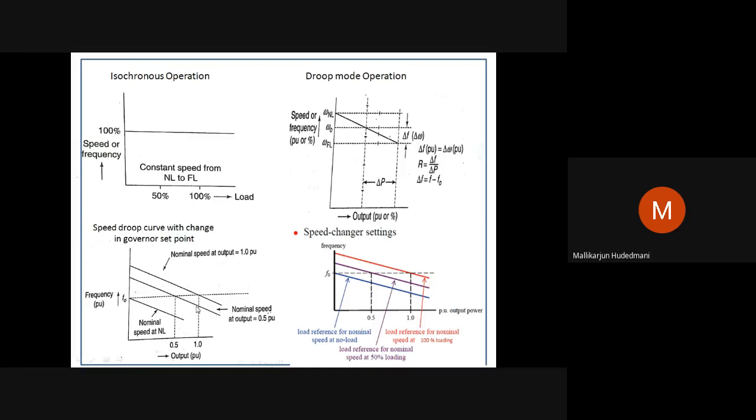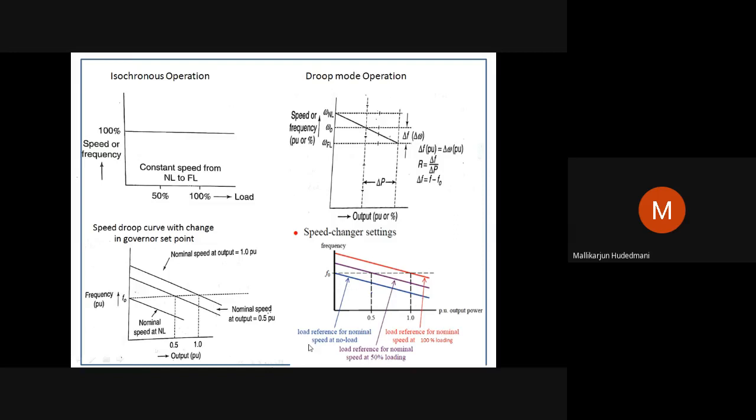Further, the load is increasing, frequency has to improve again. Then you have to implement the control such that the line is shifted upward and you are bringing the 100% point to coincide with the 50 hertz. Then you are making 100% output. So from this line, no load, 50% load, 100% load, the shift is done by the governor's set point change. Suppose you see another curve similar to that,